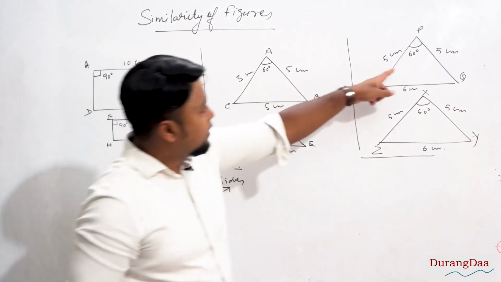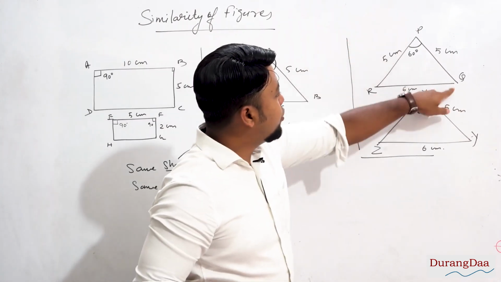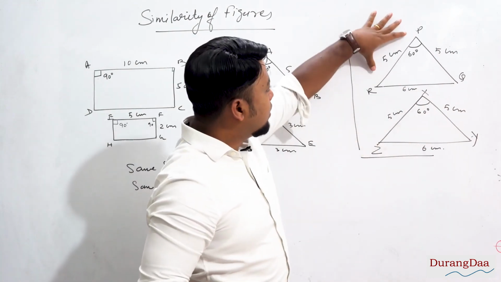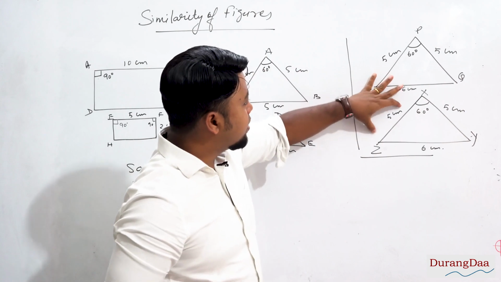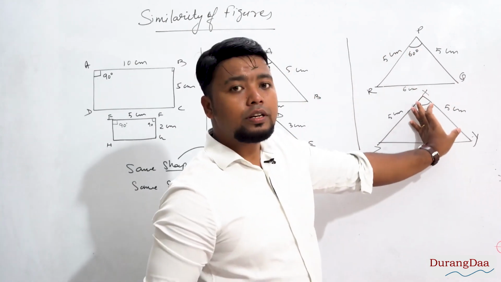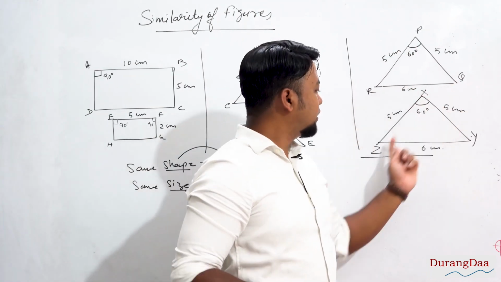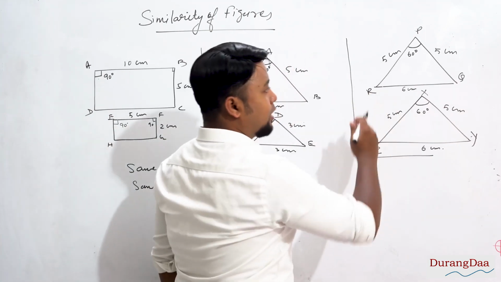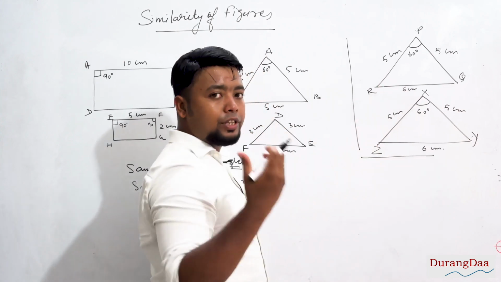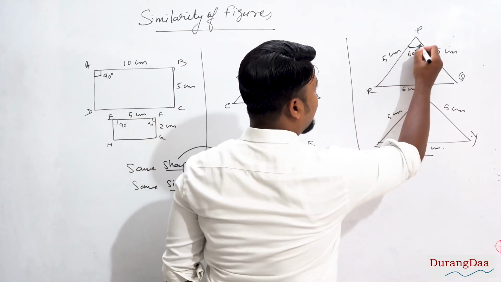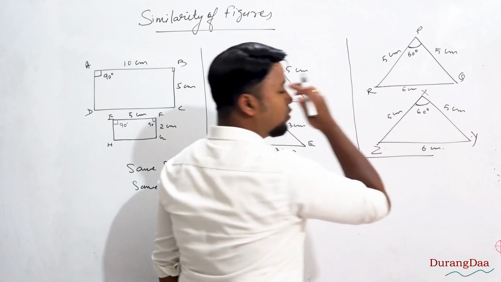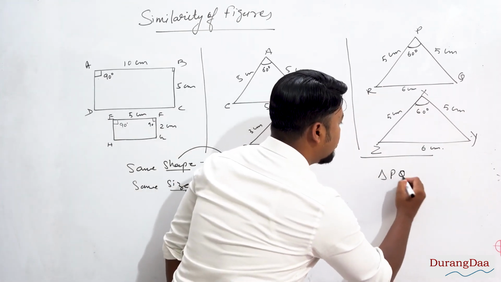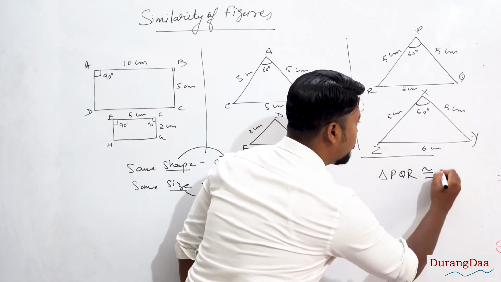Example, see this example here, triangle PQR. If you look at the sides, compare the corresponding sides. Alright, 5 centimeters, 5 centimeters, and here RQ 6 and ZY is also 6. So here the sides are equal, that means both the figures have the same shape, and even if you check the angles, the corresponding angles are also equal. So here we may write that triangle PQR is congruent to triangle